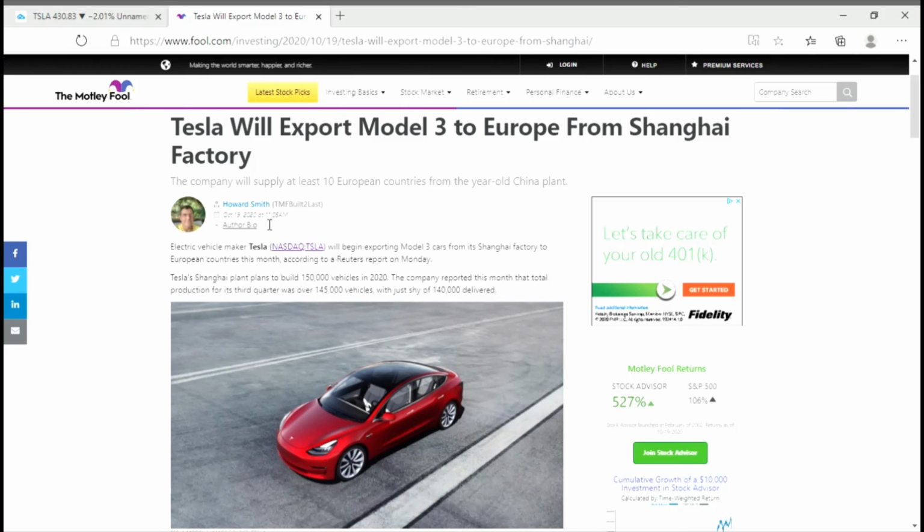As you can see here, though, I believe the market's looking for something bigger than what Tesla has reported in the past. As you can see here, we have a story here where Tesla's Shanghai plant plans to build 100